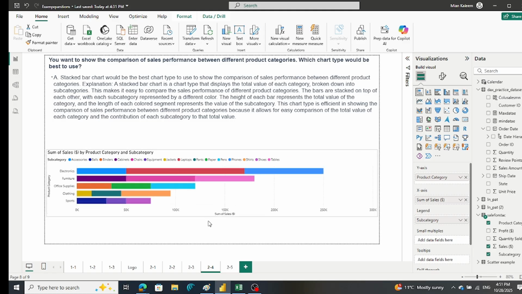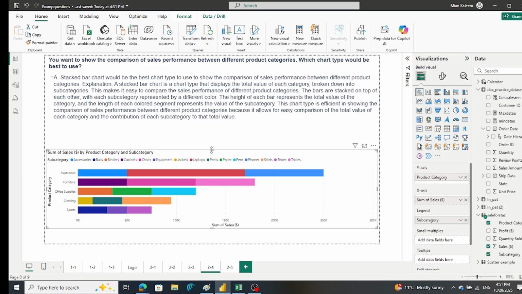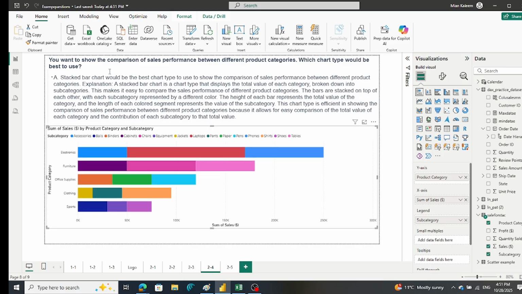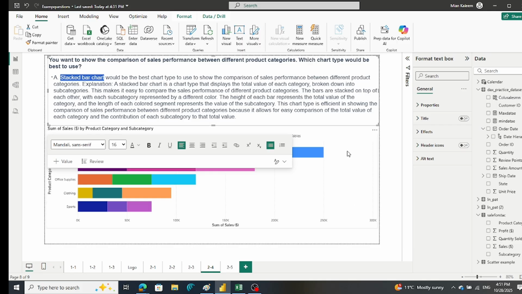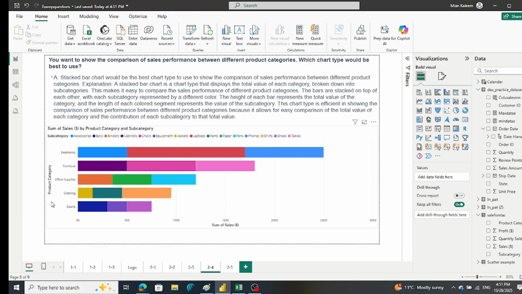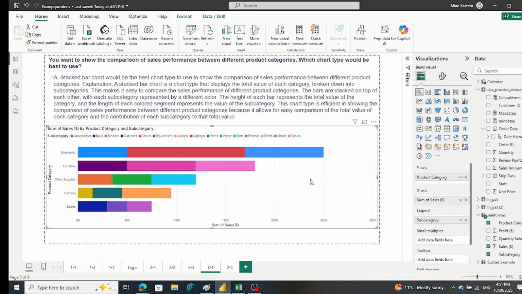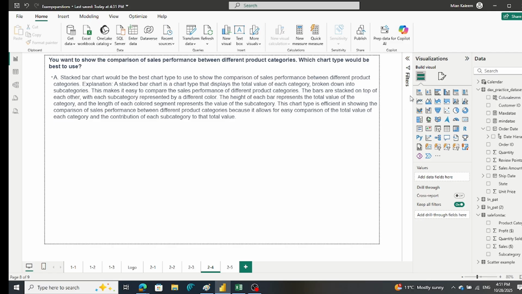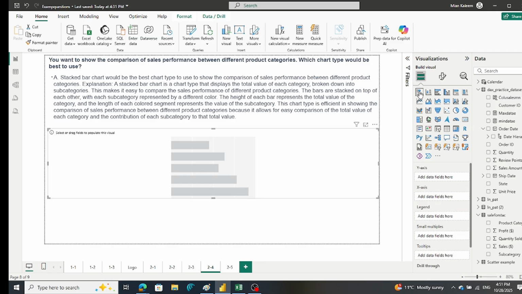Okay, sorry, this is the stacked bar chart, right? Stacked bar chart. So what we did is, let's recreate this chart and show you. Let's try to create that again. So we are using, you see, this is a stacked bar chart,